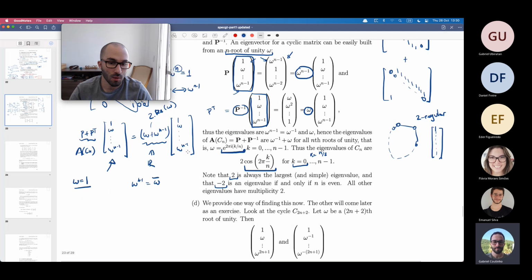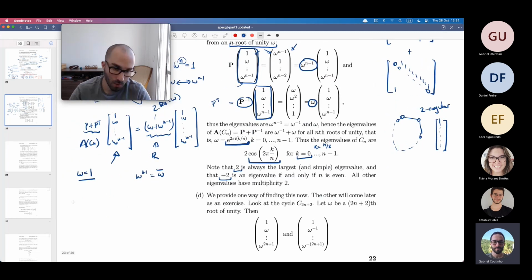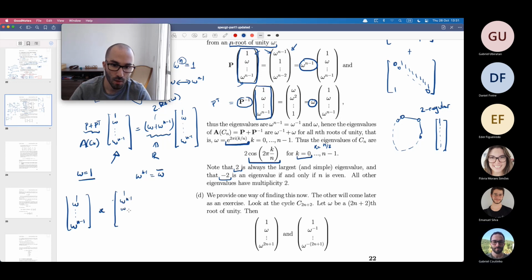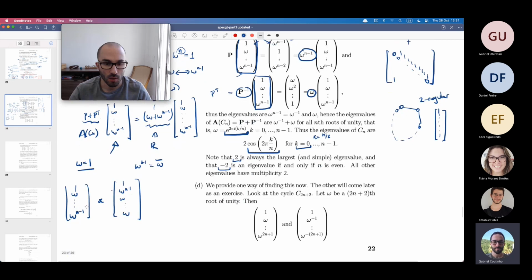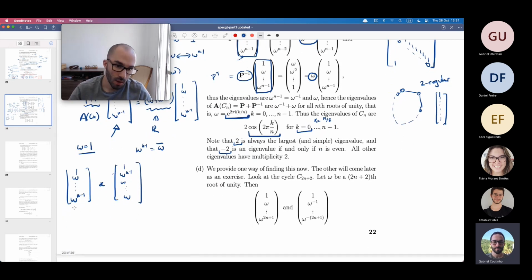And now you can combine this guy and this guy. This operation here is conjugation. So in fact, you can pick, let's call this vector v. Instead of using v and v conjugate, you can use v plus v conjugate and